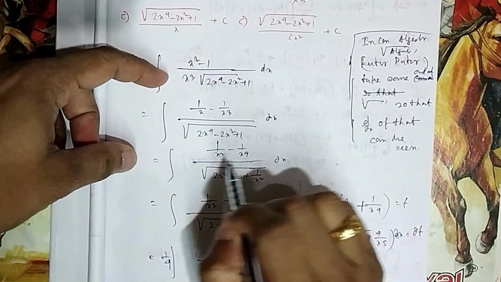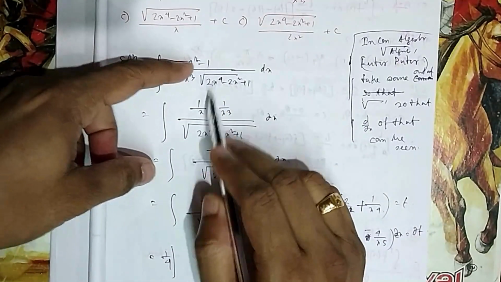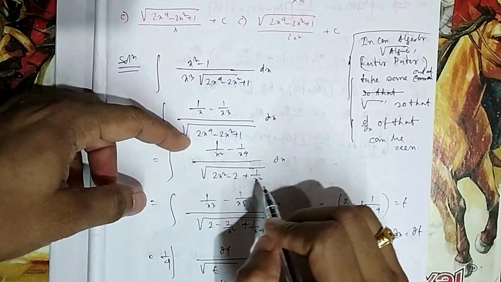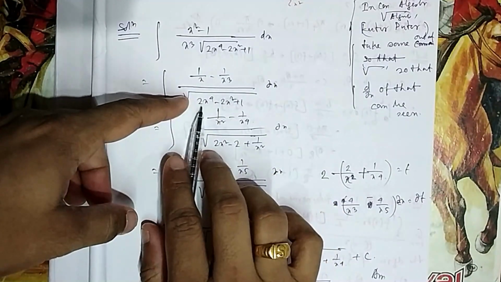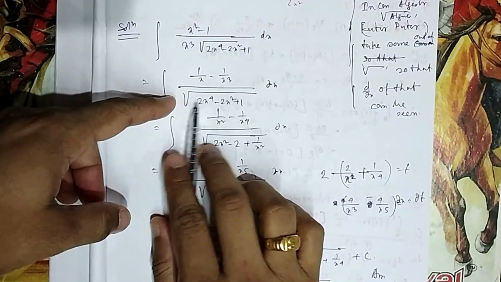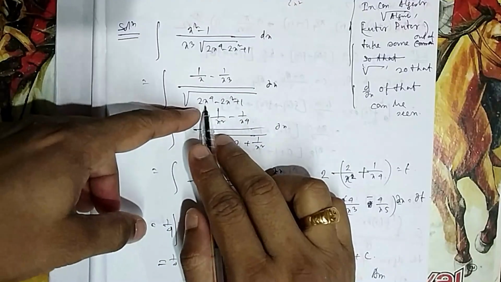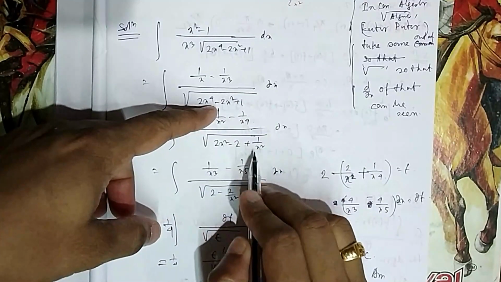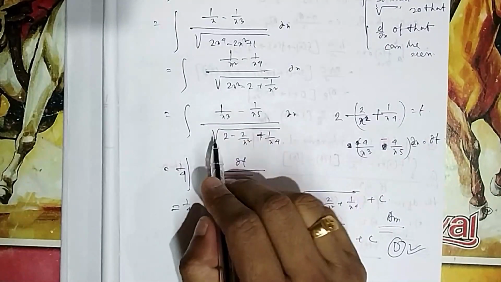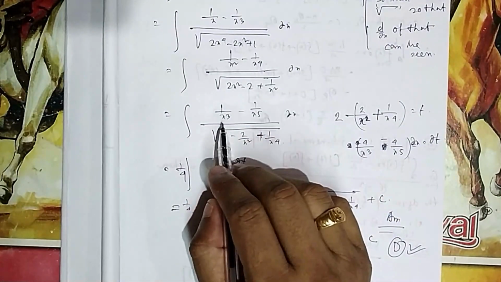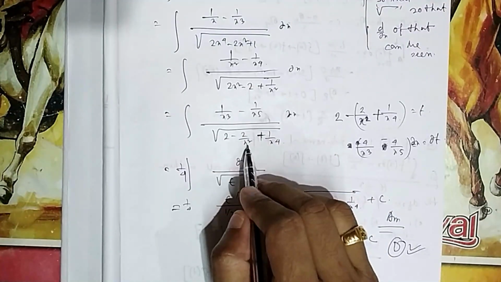So if you divide the numerator by x cube, it will be 1 by x, it will be 1 by x cube, and the rest is as it is. Now suppose I am taking x to the power 2 common from here, so that means 1 x will come out, so it will be 1 by x square minus 1 by x cube. Then what will be there inside? 2x square minus 2 and plus x square. This thing I think you have done. And here we take one more x. If we take one more x, then it will be 1 by x cube minus 1 by x to the power 5, under root 2 minus 2 by.